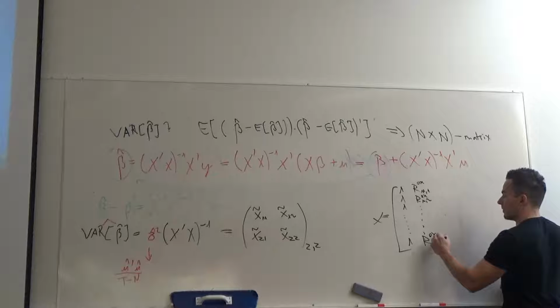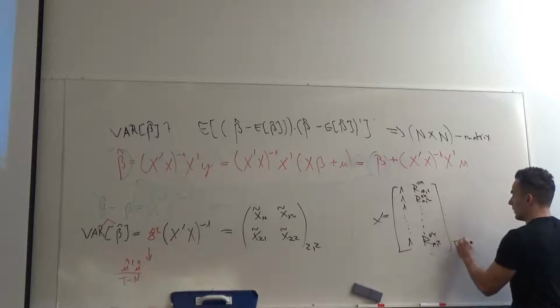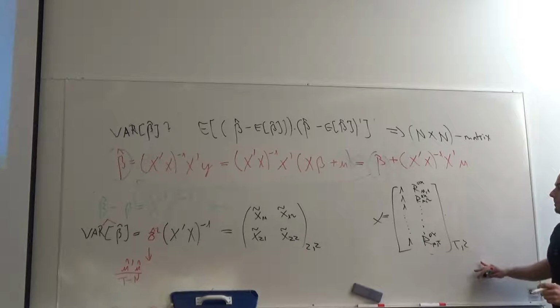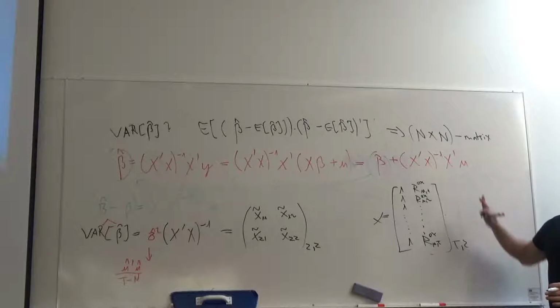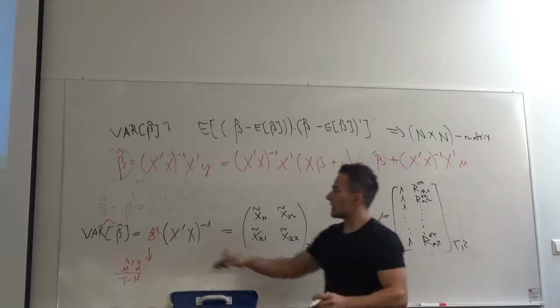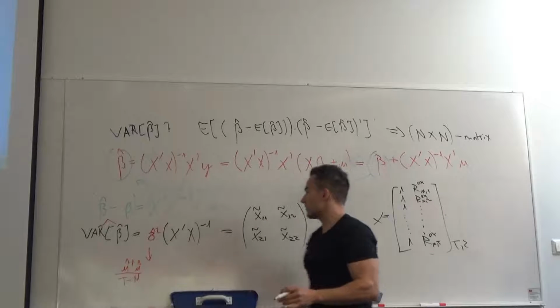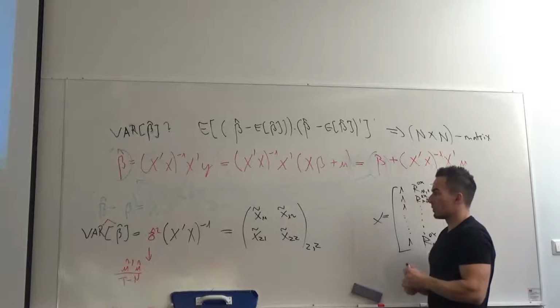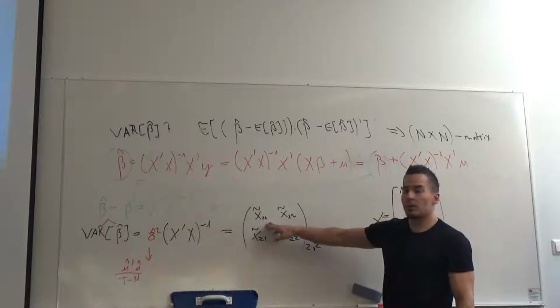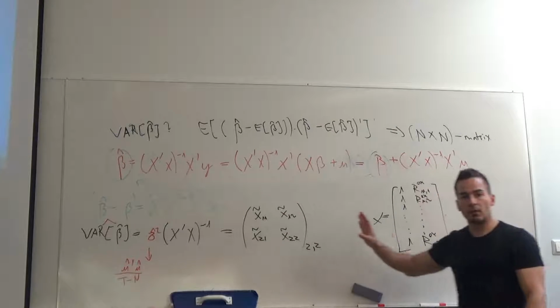So that's a T by 2 matrix. Yeah? So this transposed times itself, inverted, times sigma hat squared. So everything is a 2 by 2 matrix. Yeah? And the first element here is the corresponding